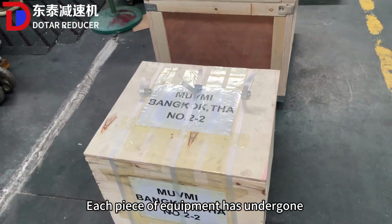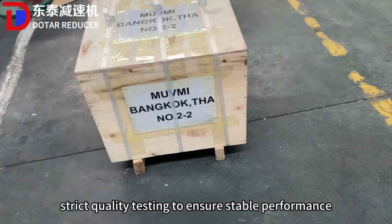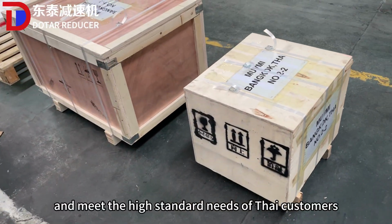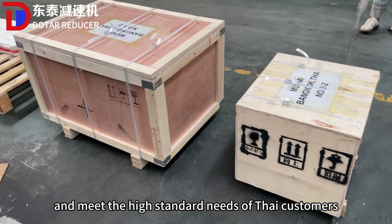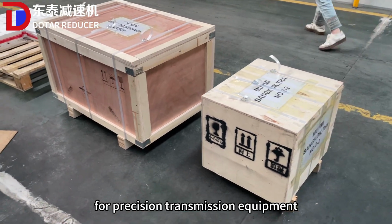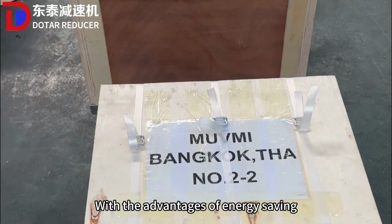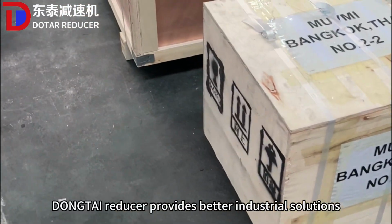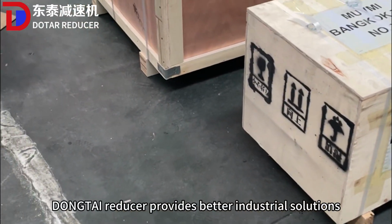Each piece of equipment has undergone strict quality testing to ensure stable performance, durability, and efficiency, and meet the high standard needs of Thai customers for precision transmission equipment. With the advantages of energy saving, environmental protection, low noise, and long life, DONGTAI reducer provides better industrial solutions for